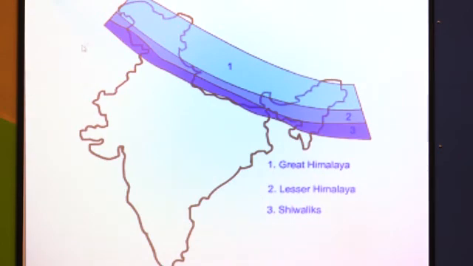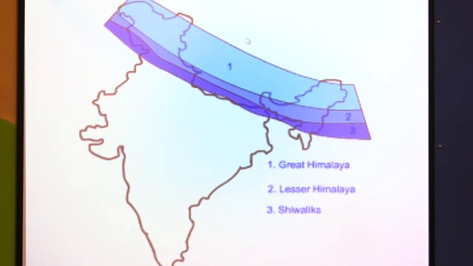Here the Himalayas' 3 classifications on the map. First, this is the uppermost area, the northern part, called Greater Himalaya. Second, this small line from west to east is called Lesser Himalaya. And third, this outermost layer and southernmost part is called Shivalik or Outer Himalaya. So students, yesterday we learned all these points. Mount Everest, Kanchenjunga, K2, all these loftiest peaks are located here in the Greater Himalaya.